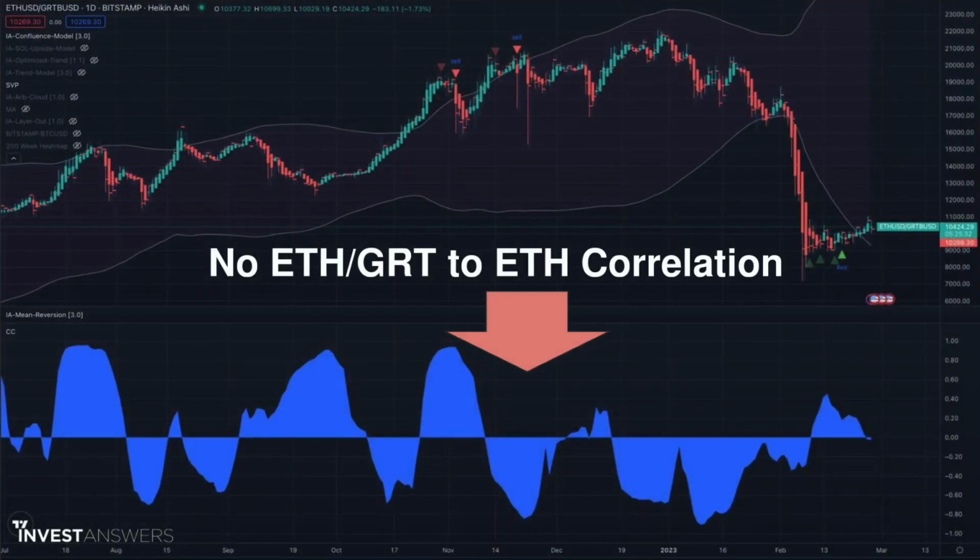But most importantly, there is no ETH over Graph to ETH correlation. So what I mean by that, I'm now comparing in this chart the ETH over GRT to Ethereum. And you can do it to the Graph as well. And you can see there is no